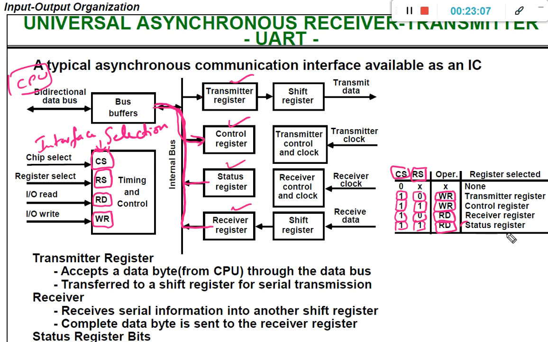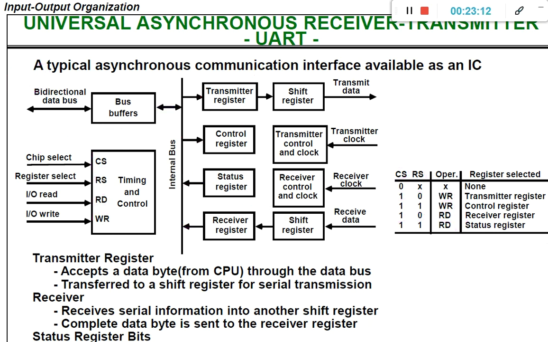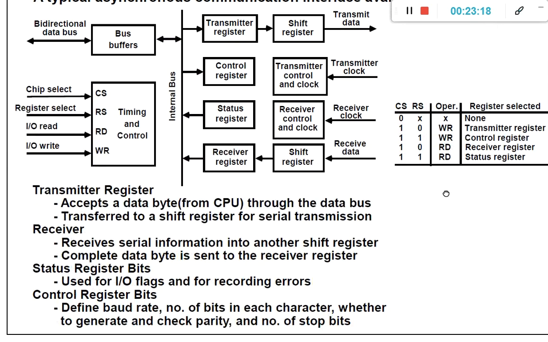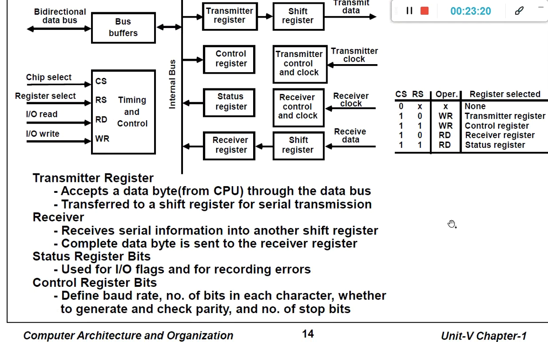So like this we can have a detailed explanation regarding the Universal Asynchronous Receiver Transmitter, known as the UART. And the speed at which the data is transmitted is defined as the baud rate. You already know what is meant by bit rate and baud rate. How many bits are transmitted per time period is defined as the baud rate. Based on that, the data transmission will occur either very fast or slowly.